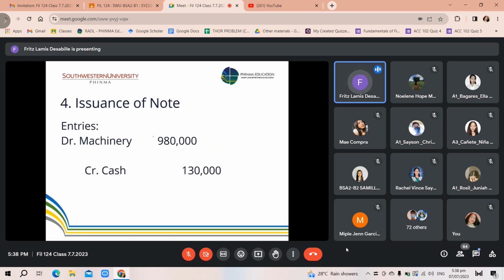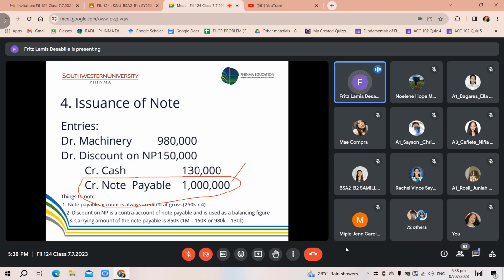Now take note guys of the note payable here. This 250,000 times 4, 1 million. So take note, the note payable should always be recorded at